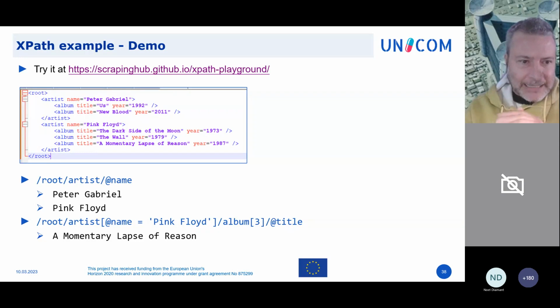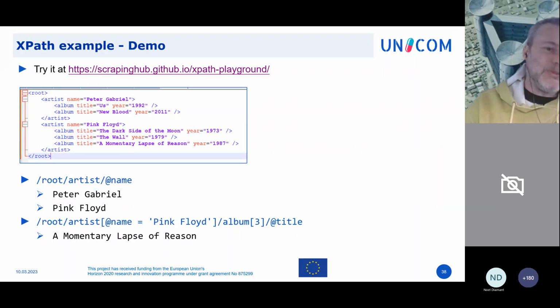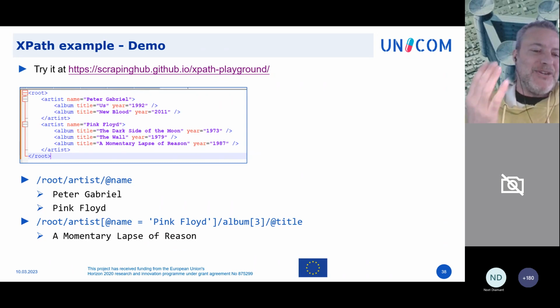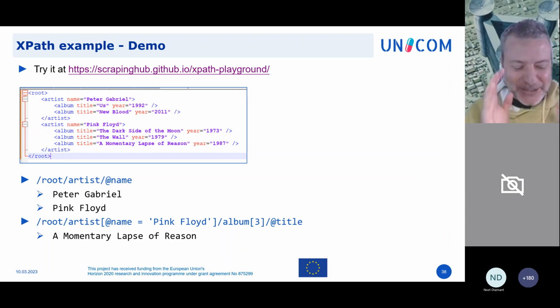This is an XML document that contains a root element. As you know, or if you don't know, you should know that an XML document always contains just one root element, not less than one, neither more than one, just one. And then this element can have an arbitrary structure inside.